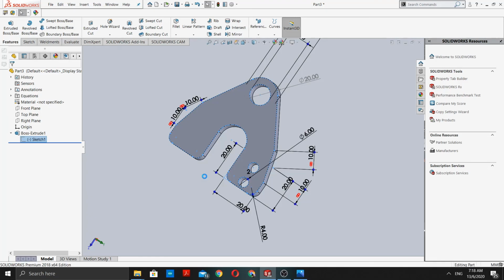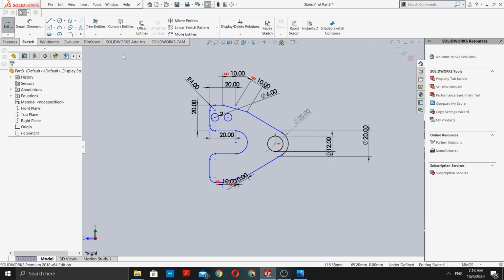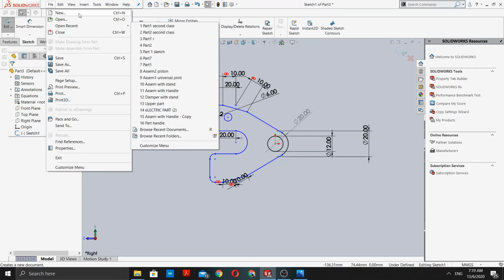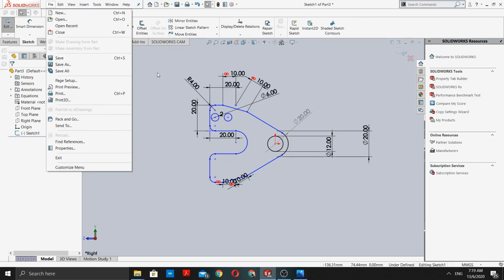As I said before, please save this file as well. We are going to use it in our next class. Okay, just control